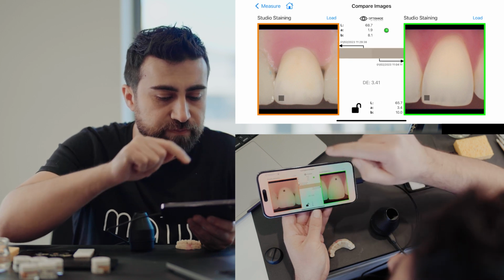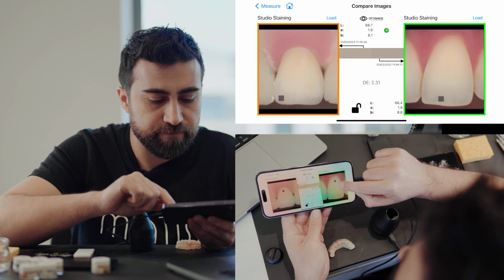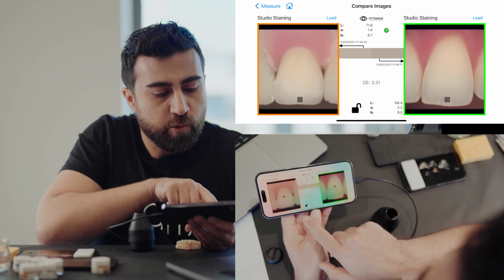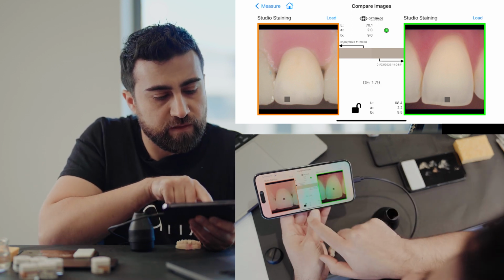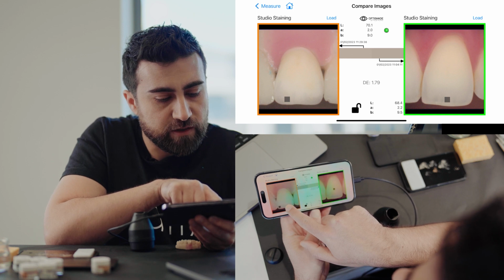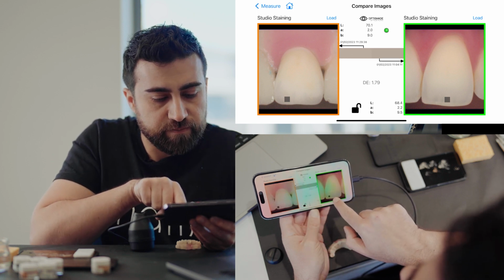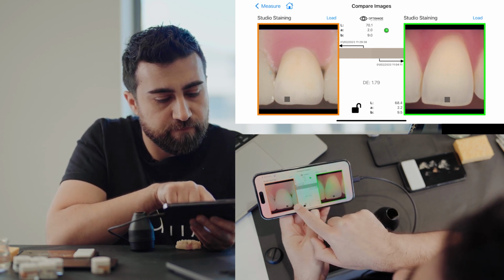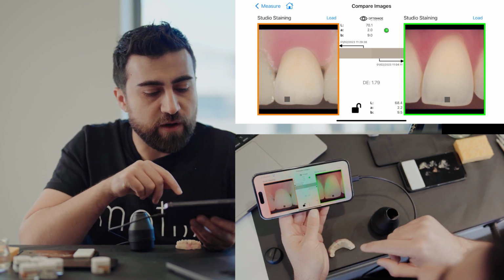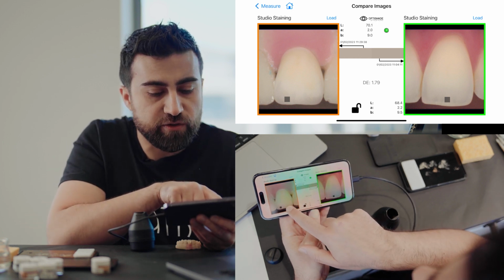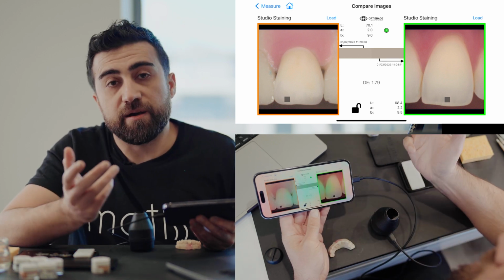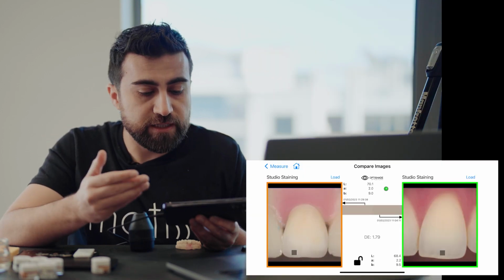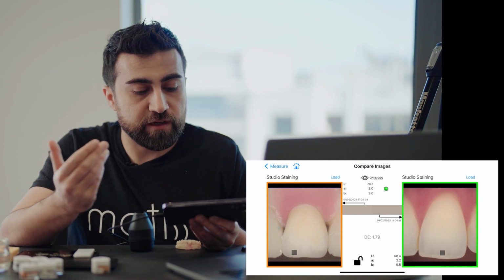So let's look cervically. 1.8. 1.65, 1, delta 2, and then let's look at incisally. 1.92, so you can see that overall we are lower than delta 2 with a very thin staining layer actually. So what is important in this step is that you compare the crown with the natural tooth